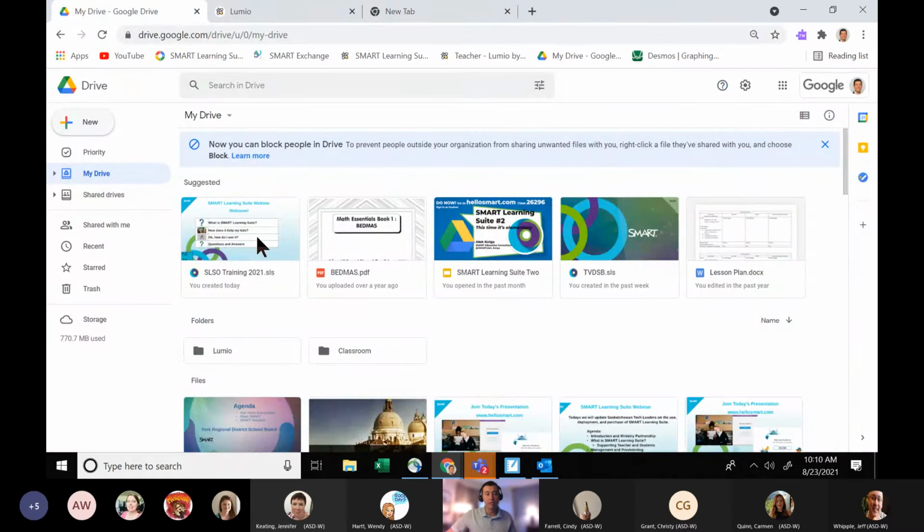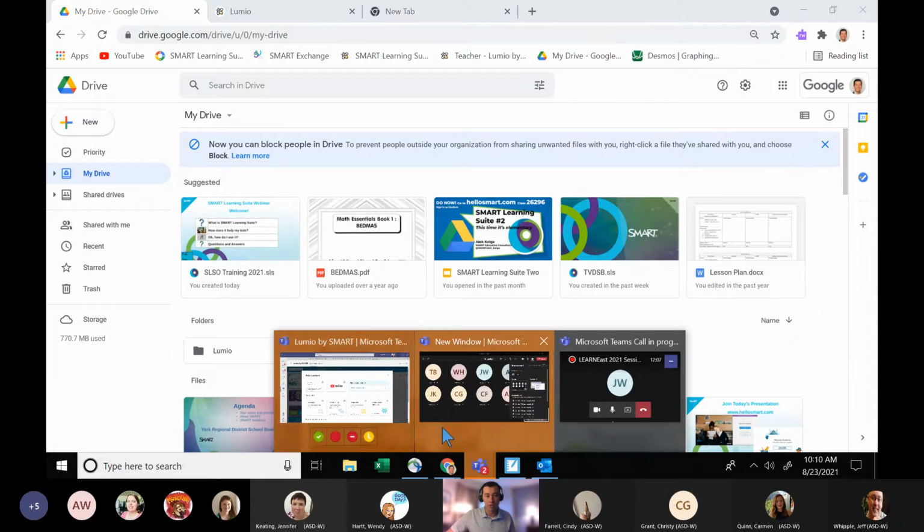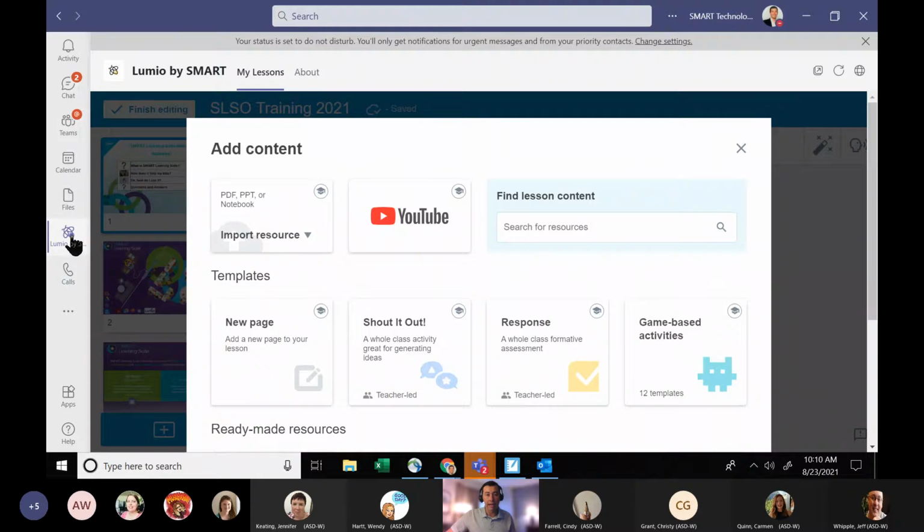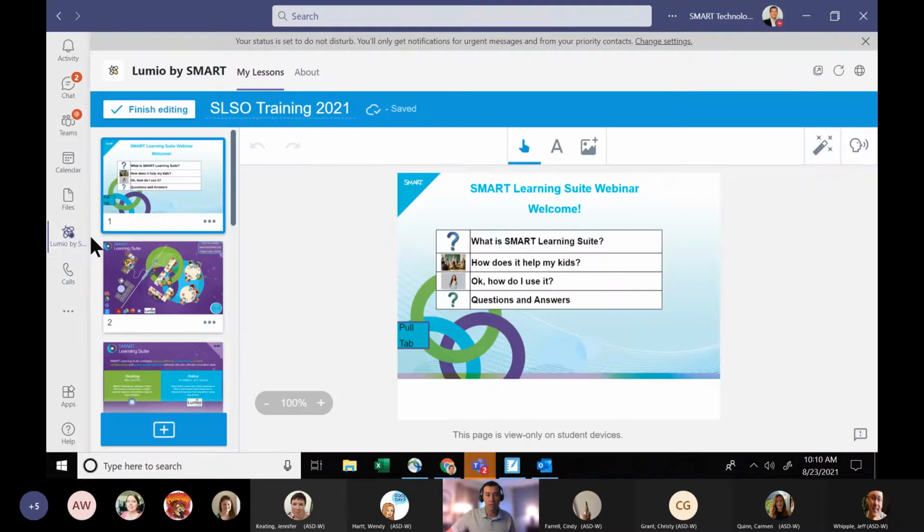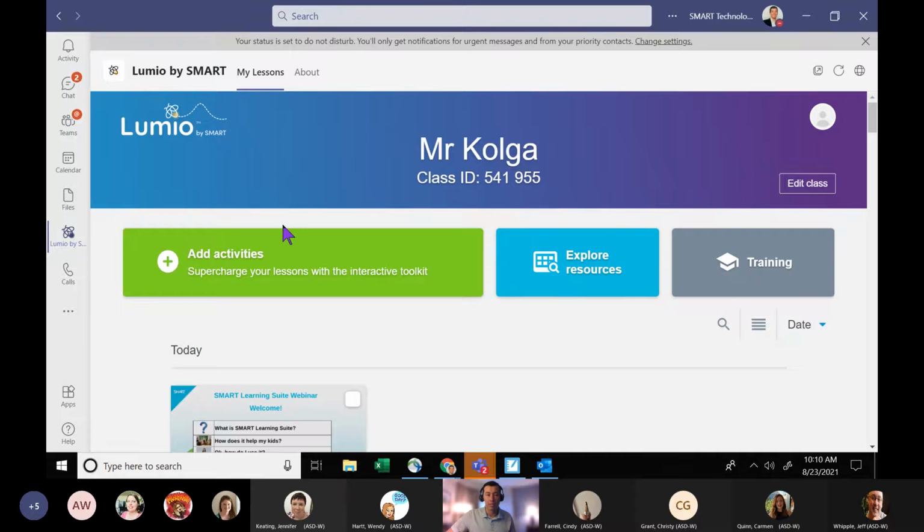Lumio is available for me as a teacher through Google Drive and through Microsoft Teams. So I can add this app. Here I am in my Teams window, and I can add this Lumio by Smart app just by searching the apps library here. And you'll notice this interface here, this landing page is going to look the same no matter where